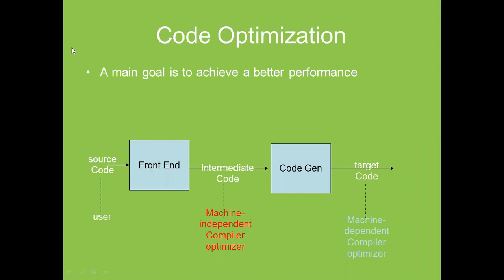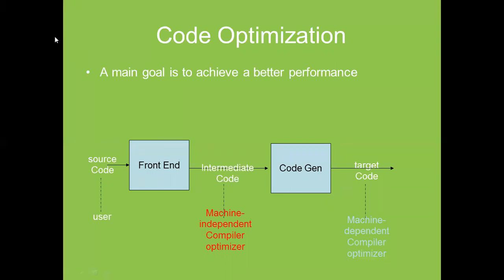So what is the code optimization? Because we are going to apply the optimization to the code or the lines of the program, whatever we are going to design, okay, that is called the code. And here we apply the optimization, so that we can achieve a better performance of that.